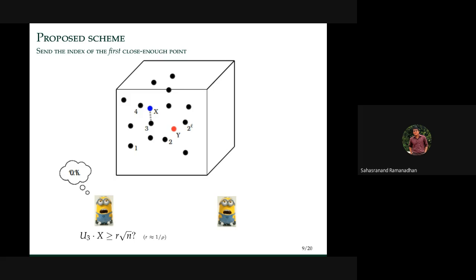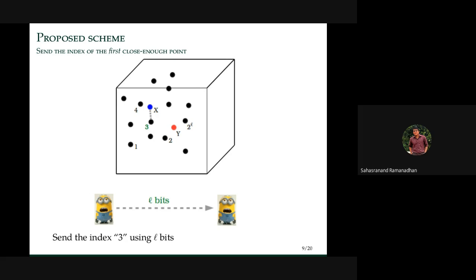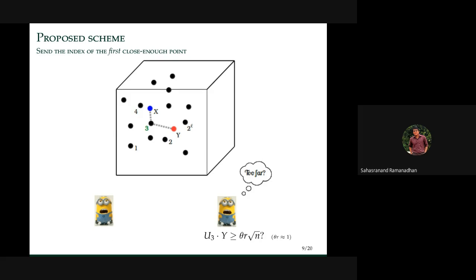It passes this test. So now he has to tell the other party, okay, this 3 is close to my observations. So how does he do that? He just has to communicate L bits corresponding to the number 3. So he sends that. Now party 2 knows this point 3, and he checks if his observation is close to that point or not. If it is close enough, he'll declare that okay, x and y are jointly distributed. If he thinks that 3 is very far from y, then he says that yeah, x and y have got nothing to do with each other, they are independent. So this is the scheme.